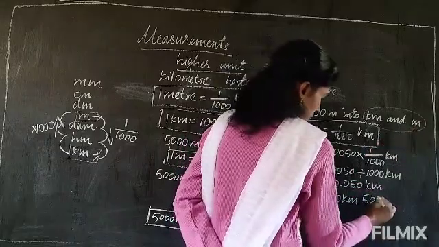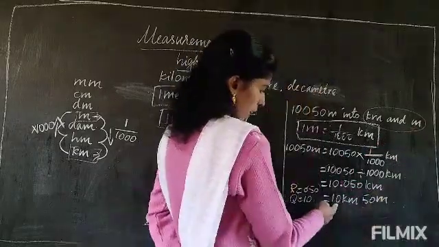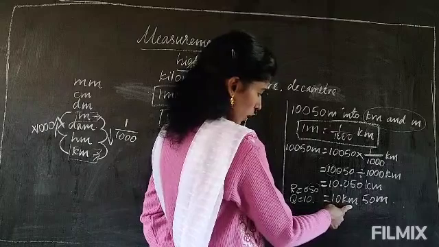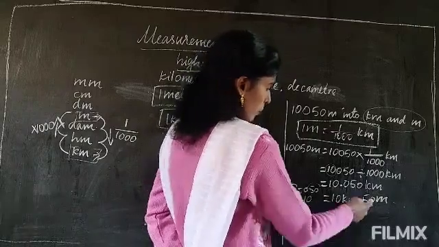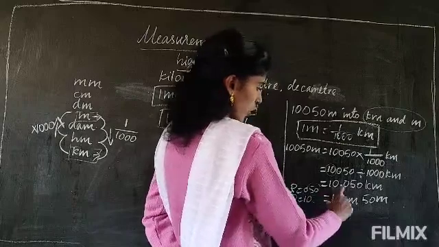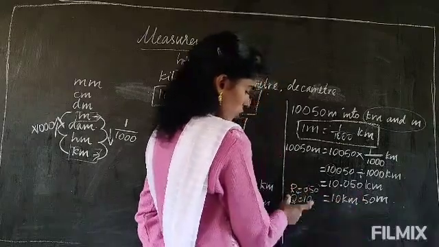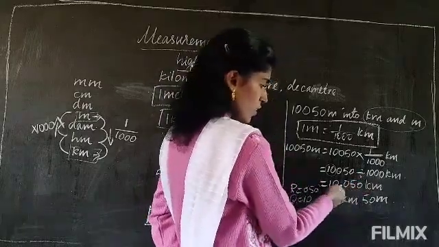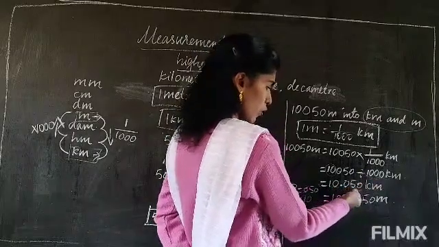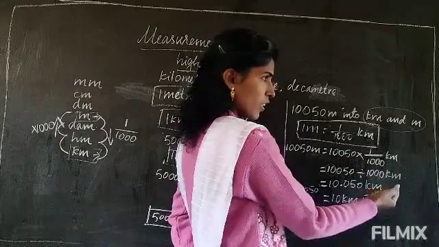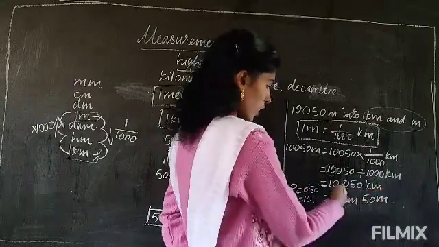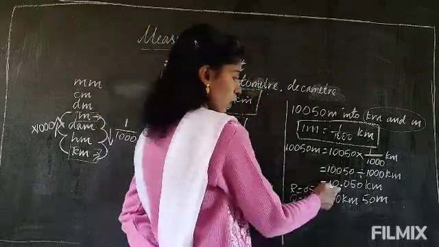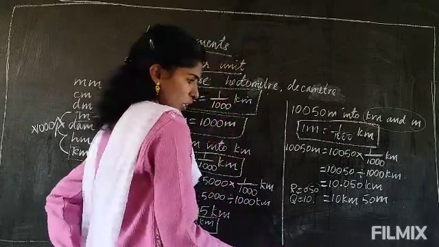That is meter. If you go with the remainder and quotient, directly you can go to these steps. I told you the quotient will be the kilometer, that is 10, and the remainder will be the meter, that is 50. If you do not know how to calculate the remainder and quotient, then you can go with the decimal point by keeping the point after 3 digits. Suppose there is 100, then after 2 digits you keep a point. If there is 10, only 1 0, so after 1 digit you keep a point. It's up to you whether you find the remainder and quotient or keep a point. Both ways you can do the calculation.